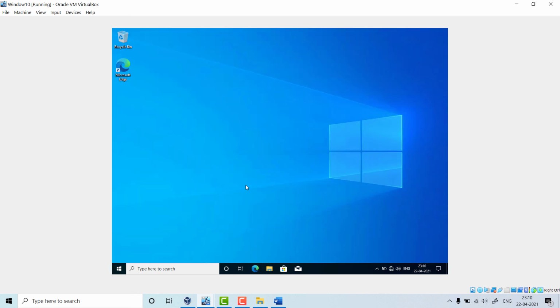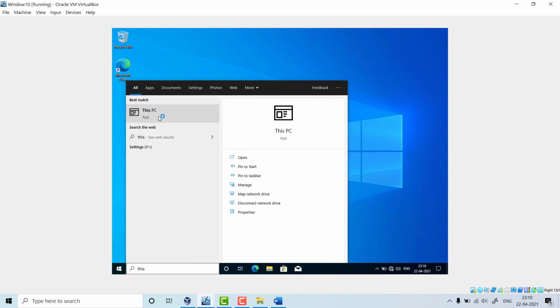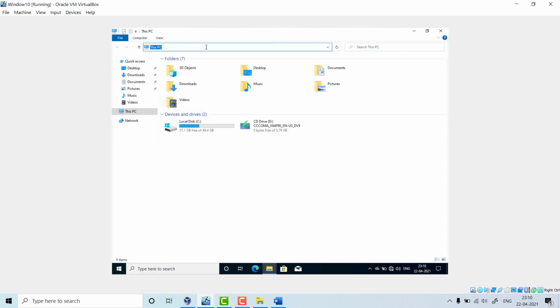Okay. Now we are on our client machine. We are going to access that file from our client machine using FTP server. So let's go to this PC. Click here. Then use the FTP protocol. We are using file transfer protocol, ftp://192.168.8.1. This is the IP of our server machine on which FTP server is configured.